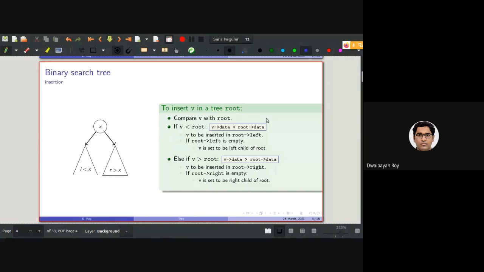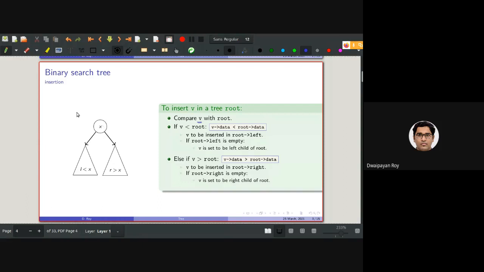So to insert one node in a binary tree, specifically a binary search tree, we first need to compare the value stored at the node with the root data, I mean, the information stored in the root. So, for example, this is the tree.